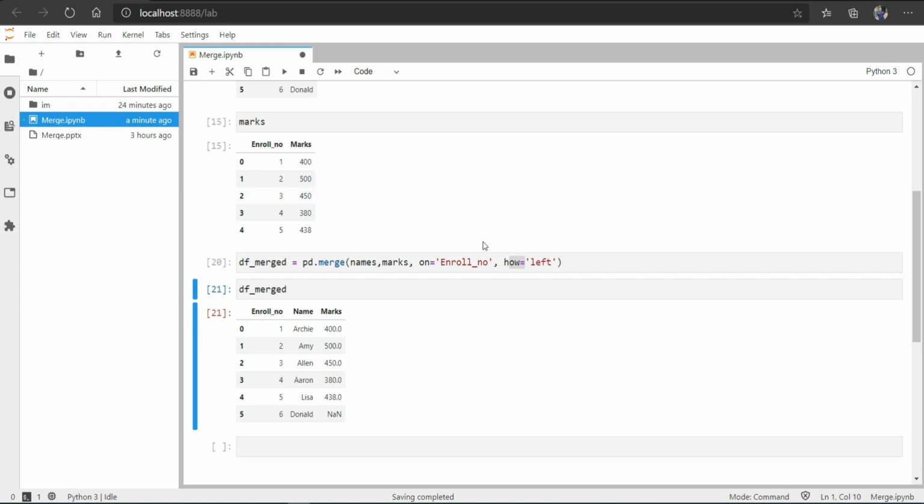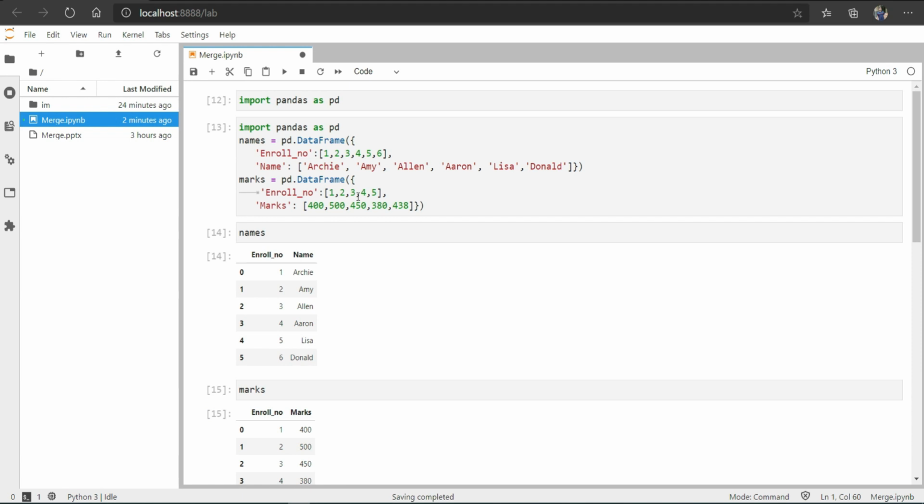So now let me do one more thing. Let me try right join. To try right join, let me go up and add a record which is unique to the right-hand data frame, this marks data frame. We see that we have ID still 6 here, so let me type an ID 7, and let me say he has marks of 490. Now we do not have an entry of enrollment number 7 in data frame 1, but it does have an entry in the marks data frame.